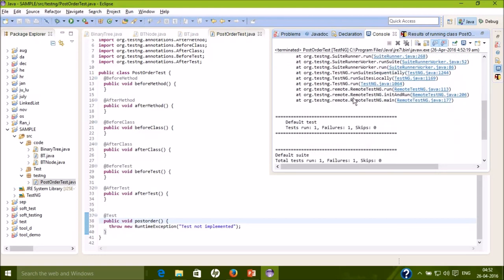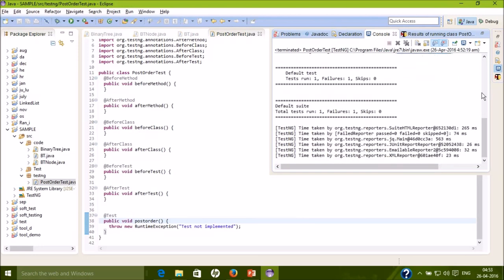And further it tells me the number of tests it ran, the number of failures, and how many tests it skipped. So one thing to note over here is that when we're running a test class, all the methods in the test class that are annotated with the @Test annotation will be run. So if I had two methods over here with @Test annotations, the number of test runs would have been 2.